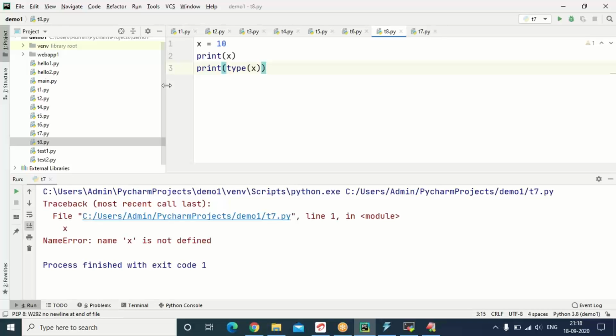This type of built-in function is not available in Java. It's not very easy to identify the type of a variable there. In Python, a lot of built-in functions are there. In Java, to print one line, you have to develop at least 5-6 lines of code.